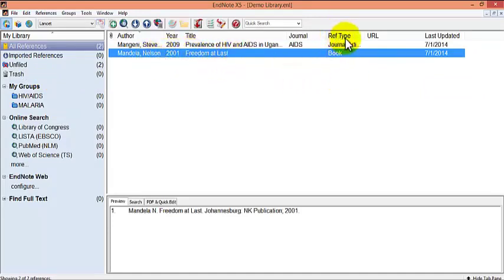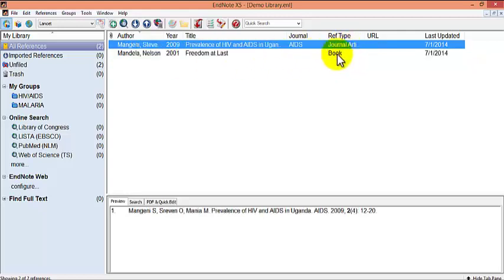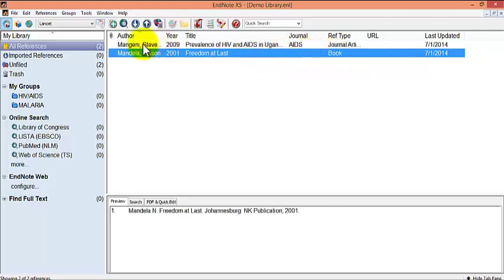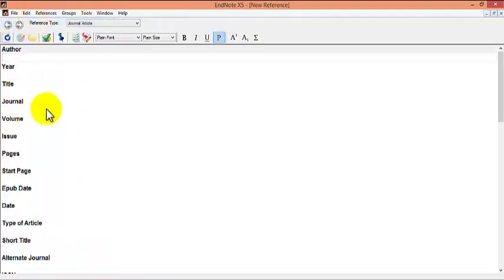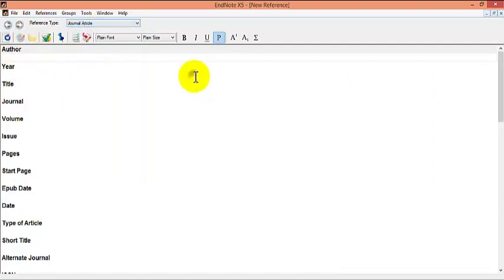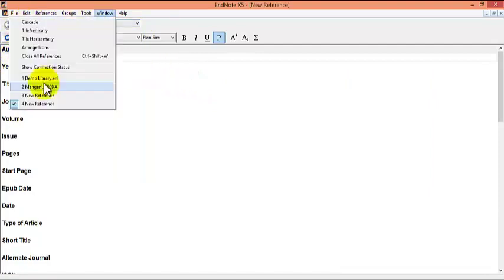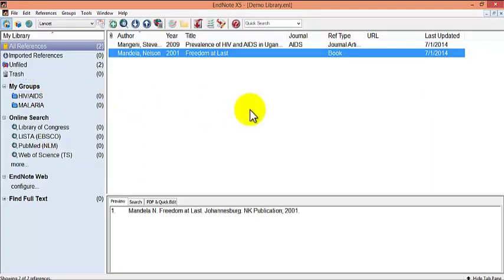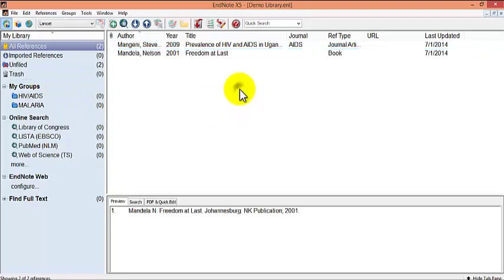Under the reference type, you can see the difference. The first one was a journal article. The second one is a book. So whatever type of reference you want to cite, it will always show accordingly, as long as you make sure that you select the right type here before you start filling the fields. It will show the way it is supposed to show. So let's get back to our library window, and we go to the second